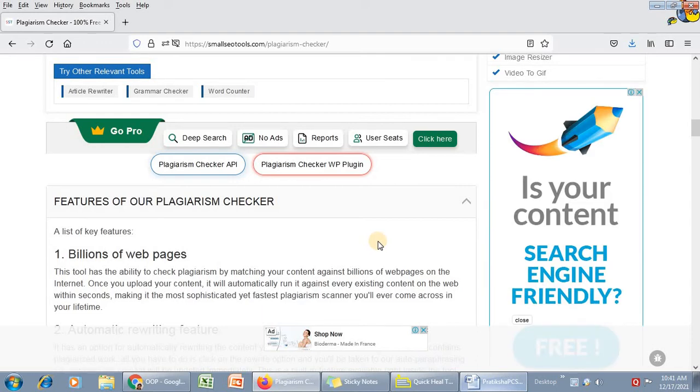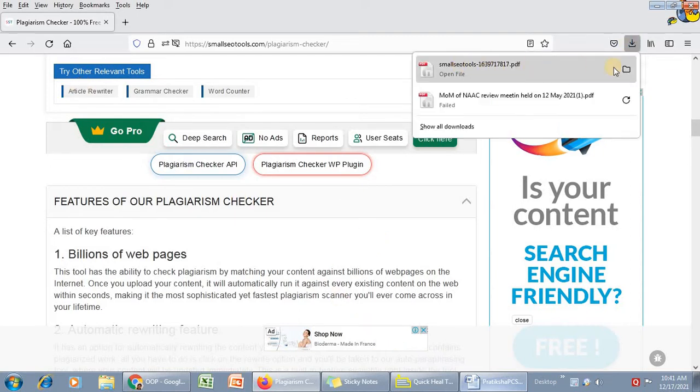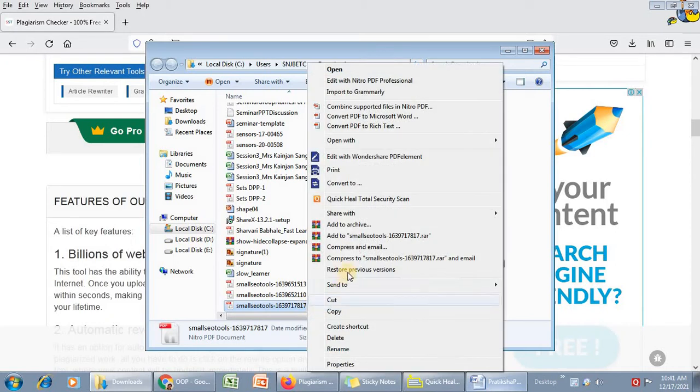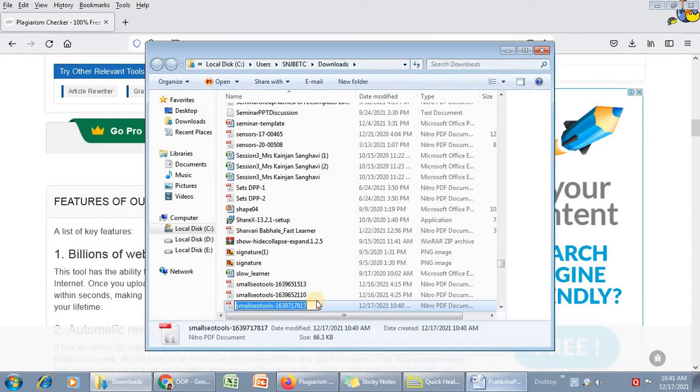Okay, till then what we have to do with the downloaded part, go into the small SEO tools file, and I can give it a name, suppose this is my first chapter. So right click on this and rename this file as chapter, or the name of yours. While renaming, remember that what you have to write is your seminar ID.